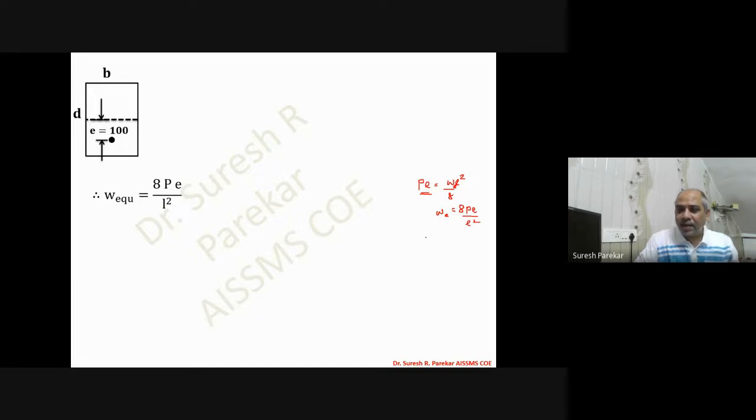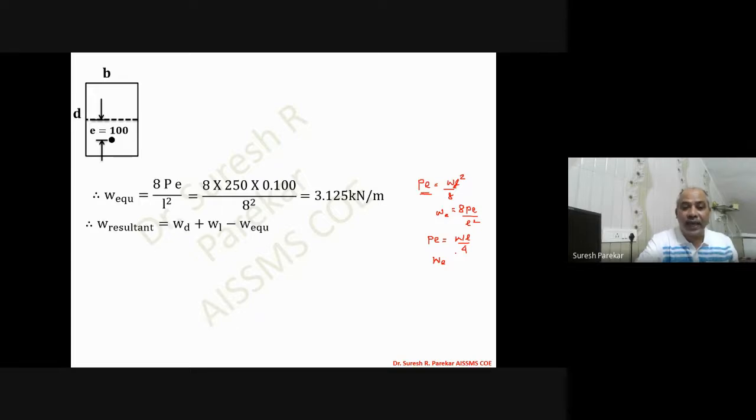If it is a concentrated load at center, then Pe is equal to WL by 4, and W equivalent you can say is 4Pe upon L. Likewise, we can go with this, and then we will get equivalent UDL 3.125 kilonewton per meter. Now we have to find the net resultant W_D plus W_L, which is downward, minus equivalent, which will be upward. So this is upward, and we are considering minus, and this is downward, this is downward, and from this we will get